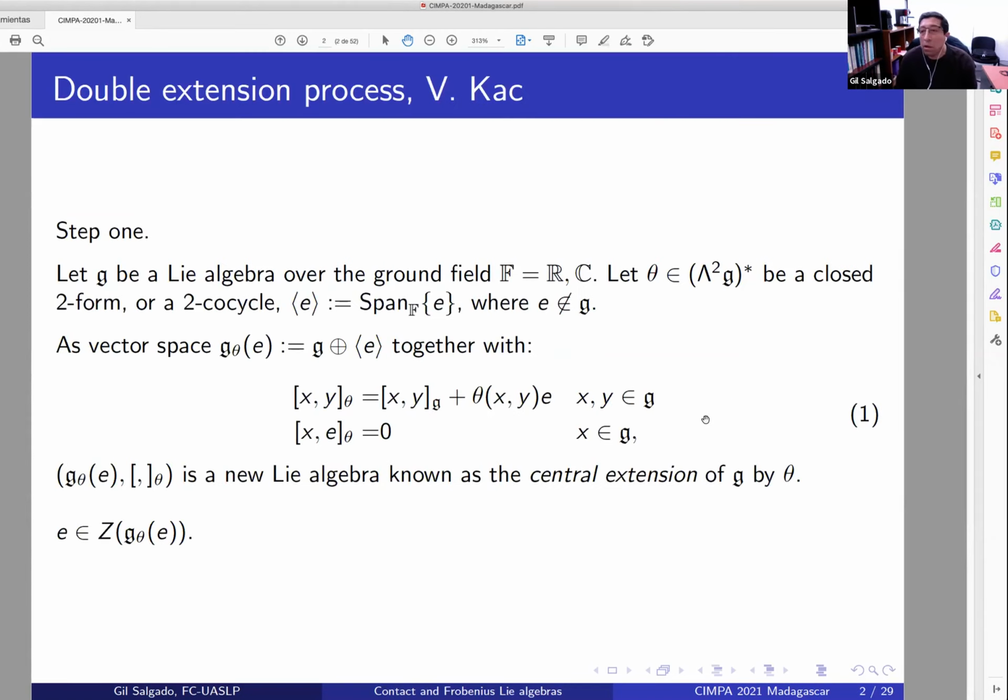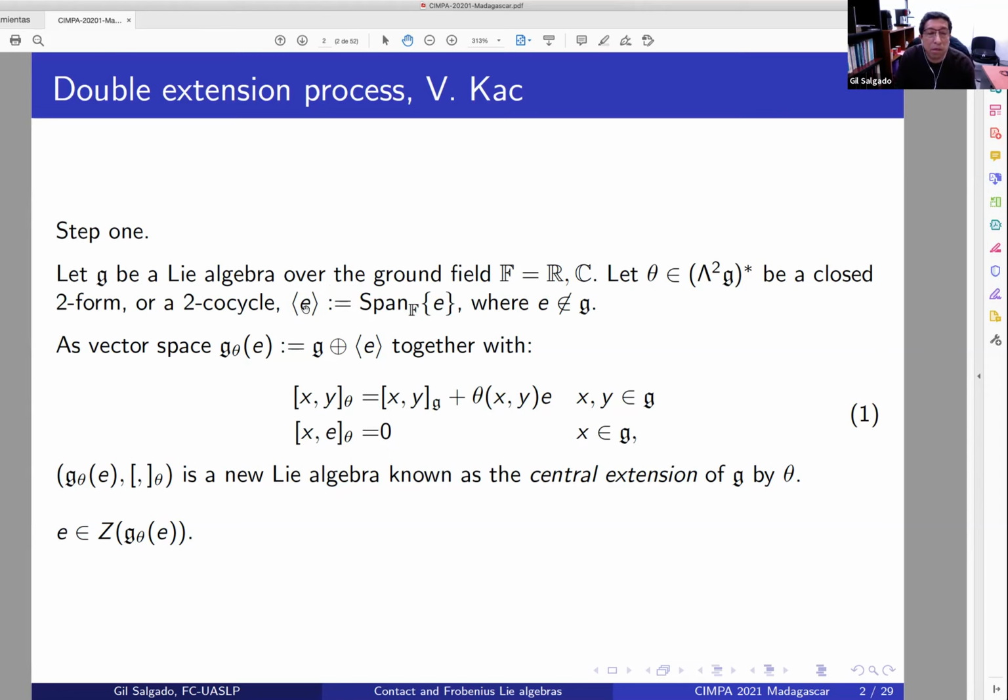So let me start with the double extension process by Professor Katz. As the name says, we need to do two steps. The first one: start with the algebra. I will assume that the ground field is either the real numbers or the complex numbers. We need a closed two-form theta, or a two-cocycle. We also need a one-dimensional vector space. In this case, the generator